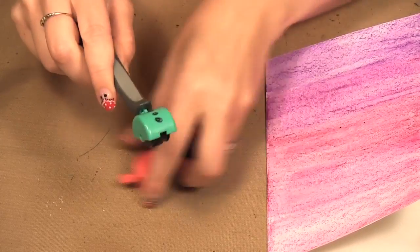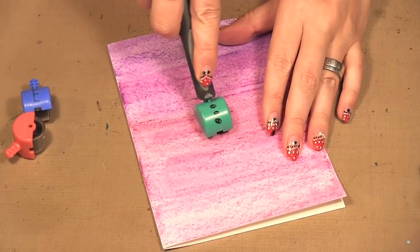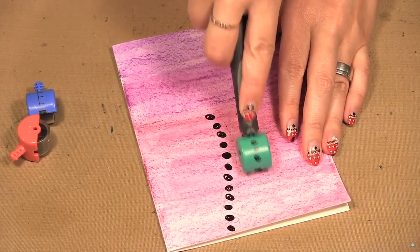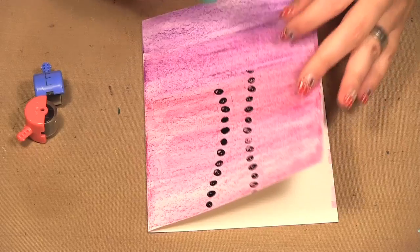And they're already inked, so I'm going to start there and make my petal, and you can see how nice and dark they are. So those are the stems now for my flower,